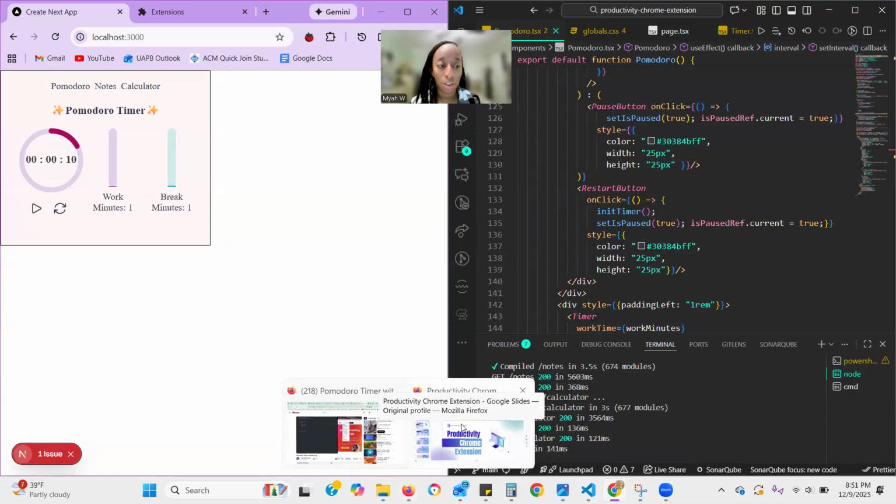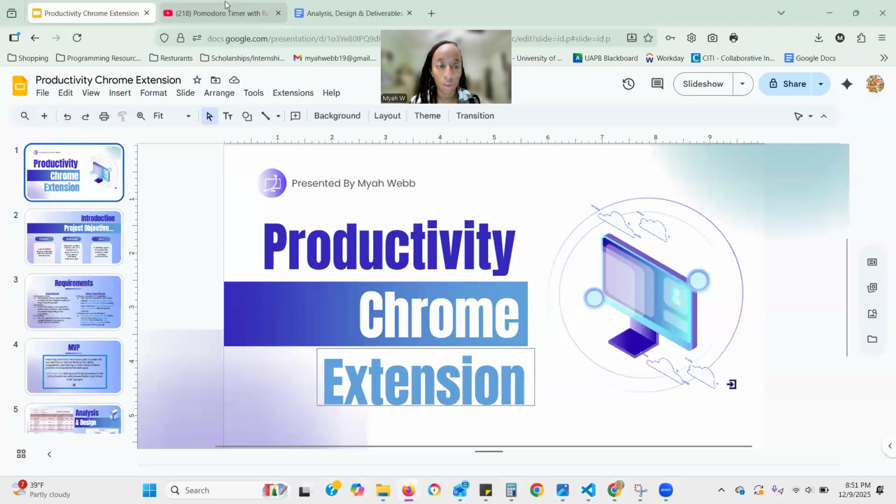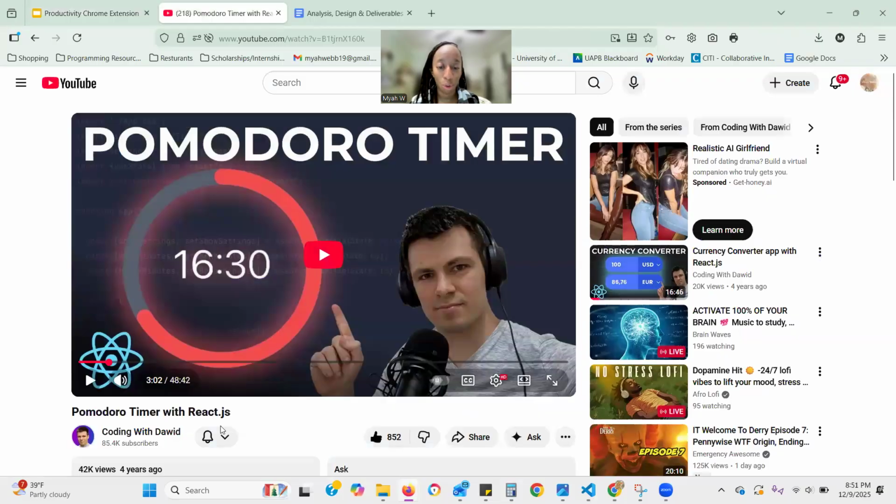So if I go back here and pause this real quick, let's see. I go here. This is what the guy's Pomodoro timer looks like. This guy here is pretty awesome. Found some pretty cool concepts. Some stuff was a little out of date, being that it was 4 years old, but with a little research and help with AI, I was able to figure out, okay, this is the right one to use,